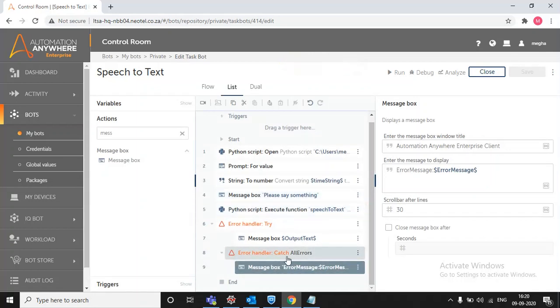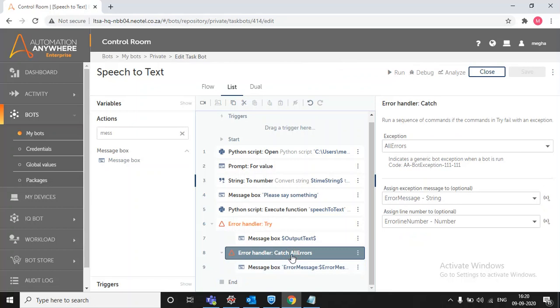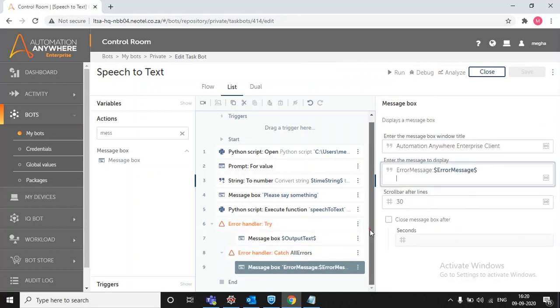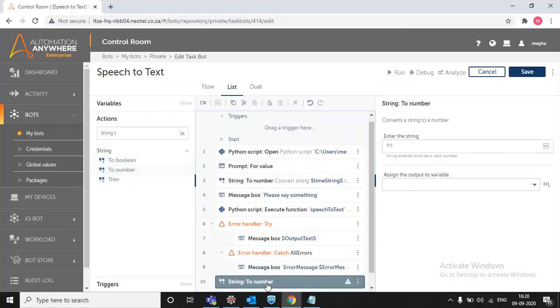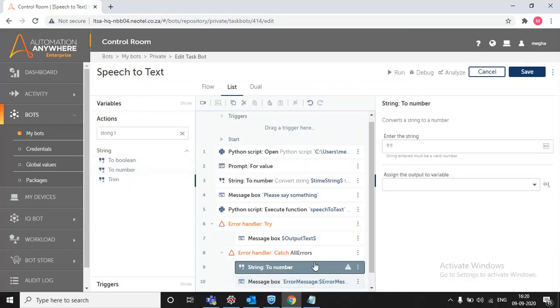So guys, if any error occurs, it will come into the catch option. Here you will see the error message and error line number. If I give error line number here, it will take only a string variable, so we need to convert number to string.